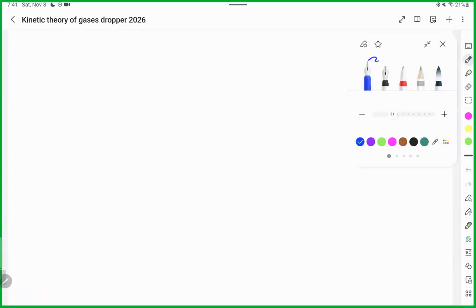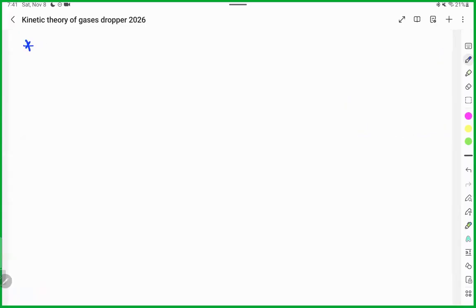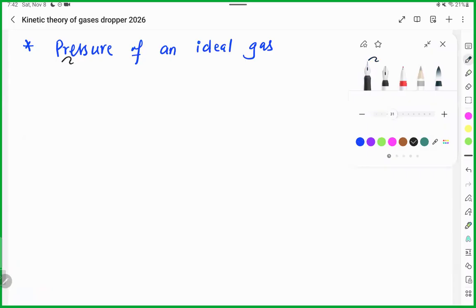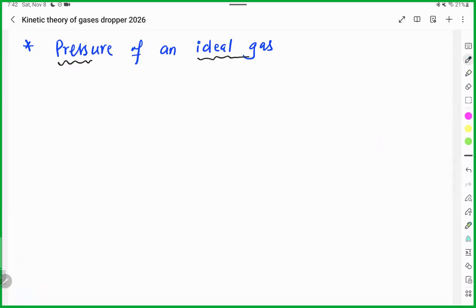यस सर। हाँ। तो टॉपिक का हमारा नाम था प्रेशर ऑफ एन आइडियल गैस। रिमेंबर कि हम आइडियल गैस ले रहे हैं, तो PV = nRT is still applicable here. ठीक है।